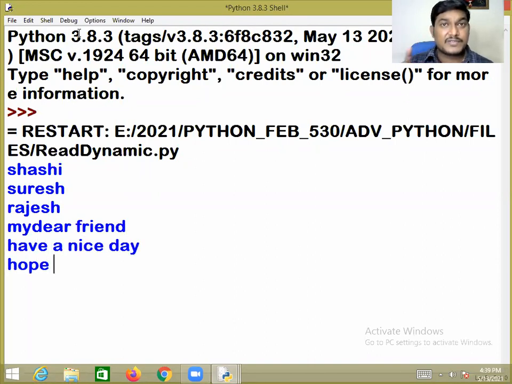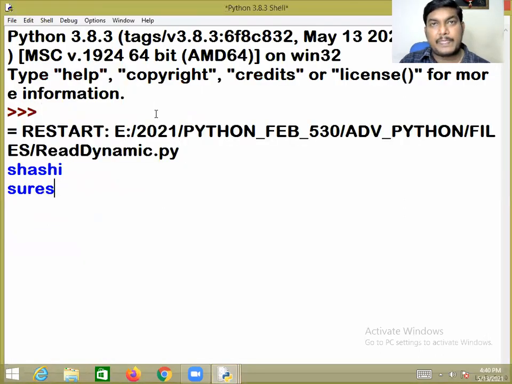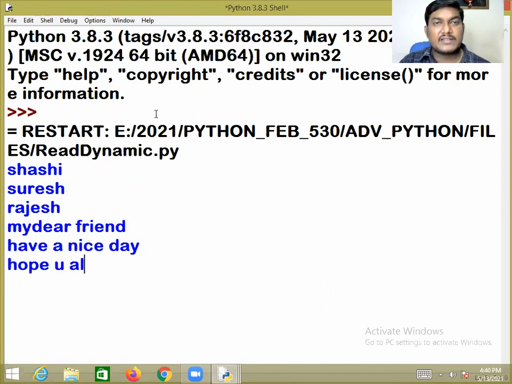That is because we have used time.sleep. But is it mandatory? No, absolutely not mandatory. Now my requirement is that I want to read the data from a specified file. It is always reading the data from this file only, right? I just want to read the data from the specified file. Then what do I have to do? We have to do something like this.